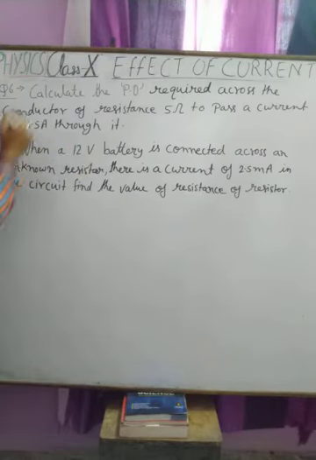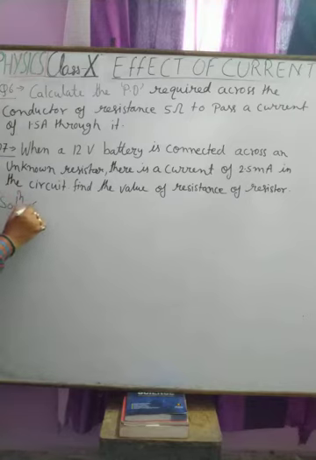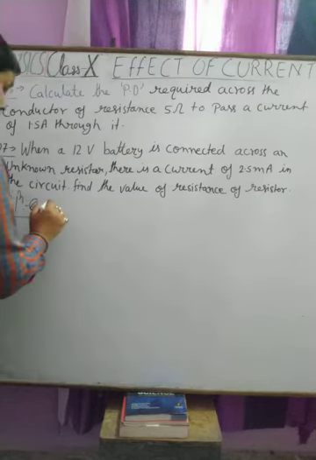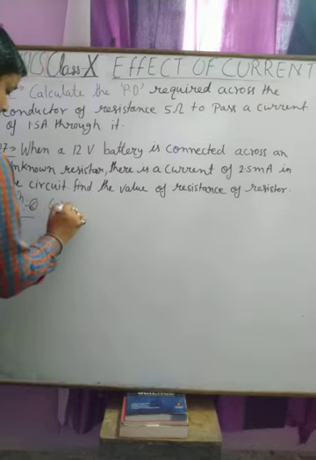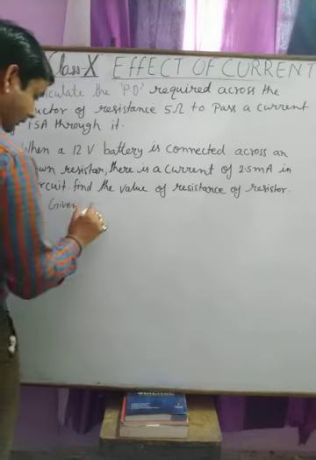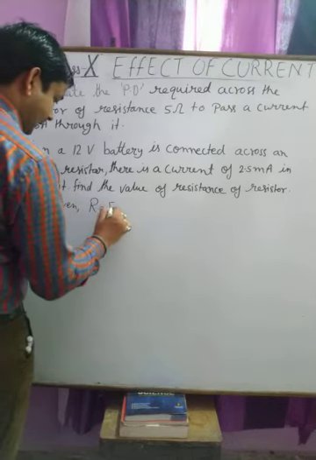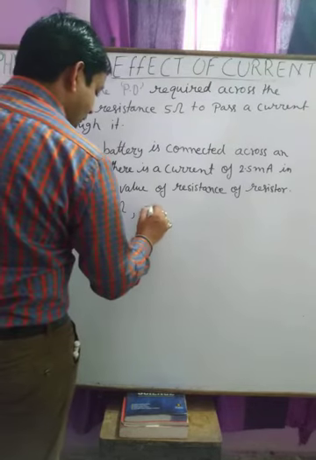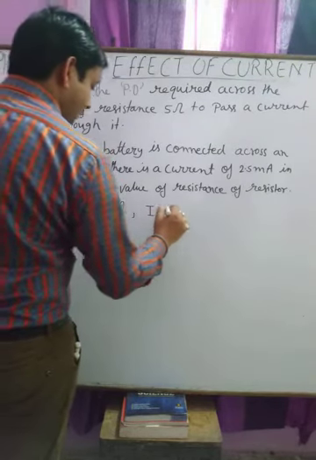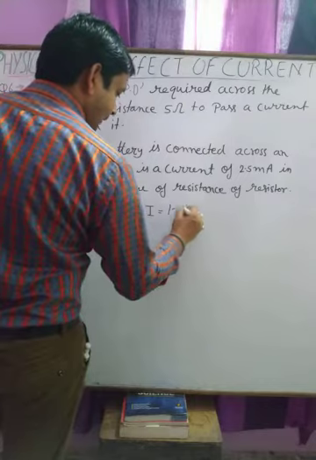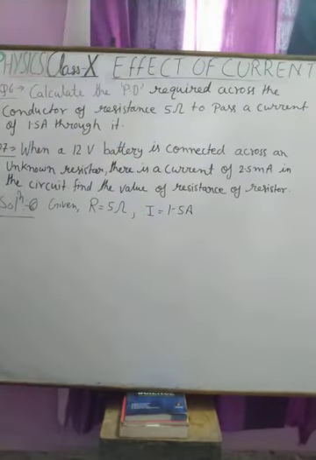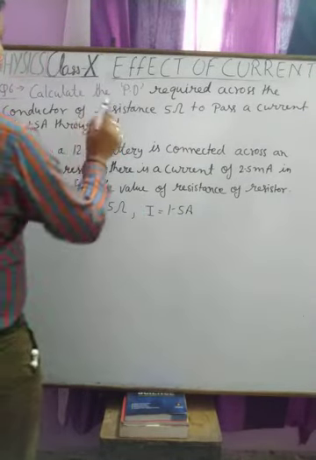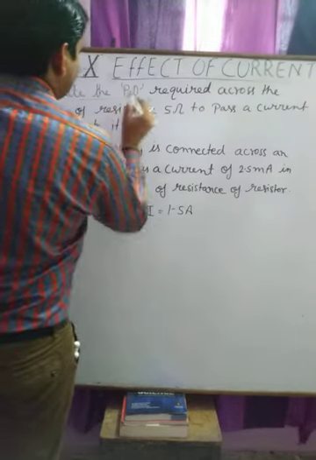The solution of problem 6: we are given the resistance of the conductor, or resistor, as 5 ohm, which draws a current of 1.5 ampere. Okay student, we need to calculate the potential difference